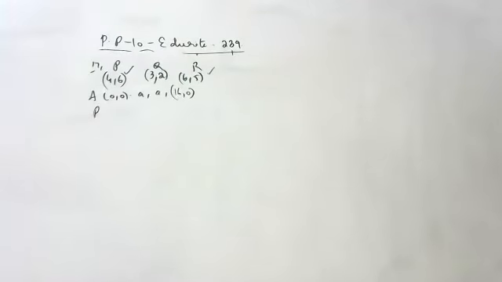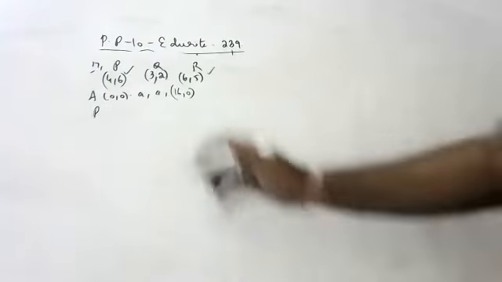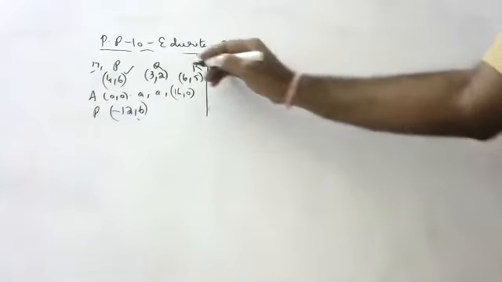Can anyone please see it? If D is taken as origin, yes, children, 1, 2, 3. 12 comma 6. Sir, so we should take minus? Minus 12 comma 6. Why minus? As D is the origin, P is on the backside. Minus 12 comma 6, children. So you should be very careful, children.